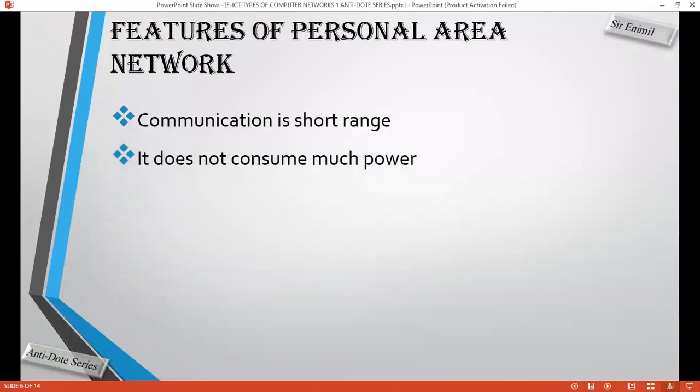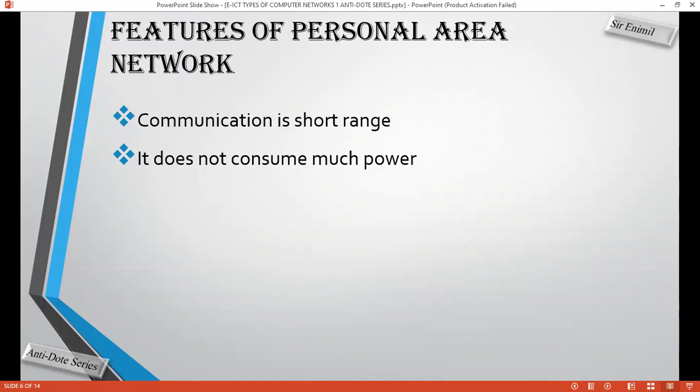Then, it does not consume much power. Yes, so your smartwatch, your Bluetooth devices, your mobile phones, your laptops, they do not consume much power at all. So with some small power, you can get some of these things done. You don't have to worry about electricity consumption here, because the smartphones, once you charge them, you can use them for a while before you have to charge them again. The same thing applies to the laptop, the Bluetooth devices, and the smartwatch. So these things do not consume much power because they are mainly built to run on batteries.